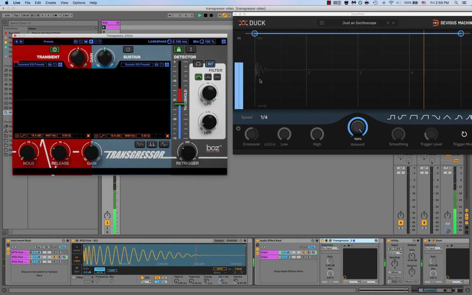So now we have only the transient, and that's probably good, but I'm going to bring down the release quite a bit here, and just bump up the hold a bit. To right there. Yeah, that's good. Turn the sustain back on, push up the gain on the transient part, and wow, look at that. We've got a nice attack portion of the transient. If I turn it off,